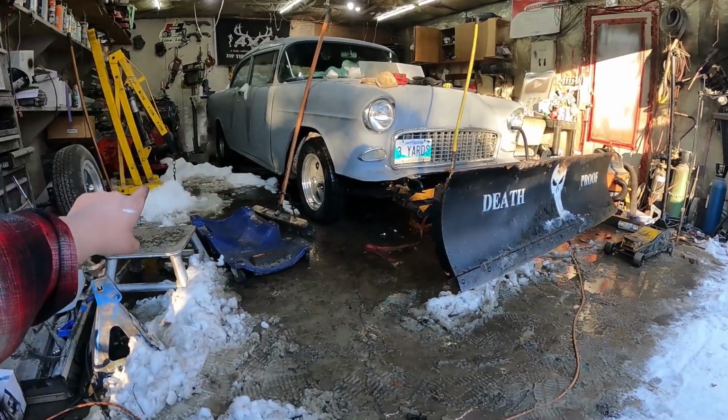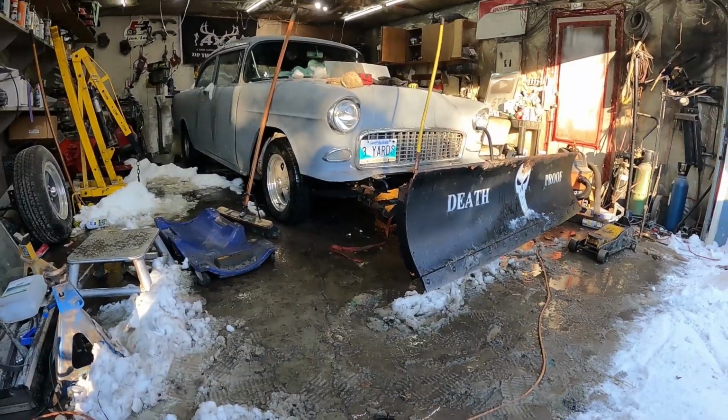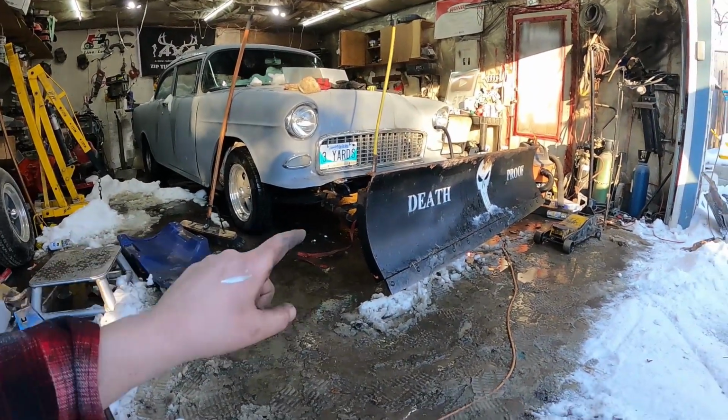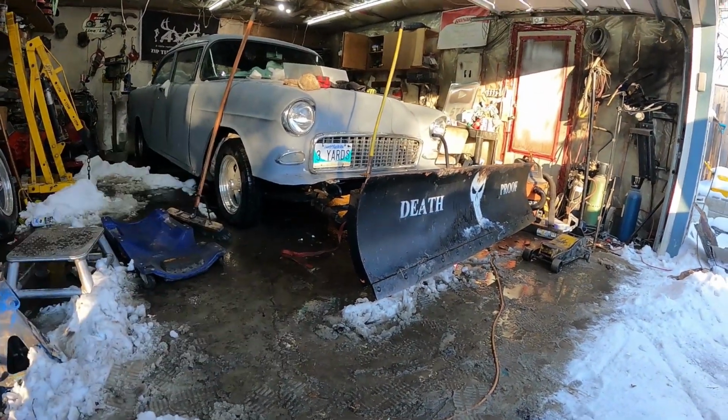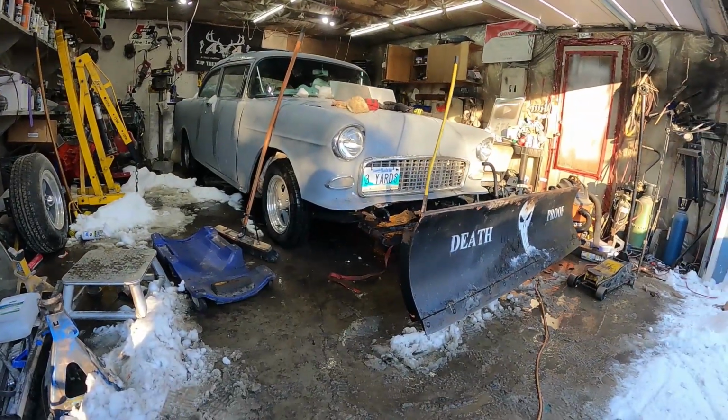I'm going to let it thaw out in here a little bit, and I gotta dry my jeans. But then we're going to let her rip, do a burnout with the plow on it. And if you guys want to see this thing ripping down the street, we'll do another video on that. I got to get insurance on it, but I'll wire it all up properly. So if that's something you want to see, tell me in the comments and make this video happen, because it'll be a lot of work and a lot of screwing around, but